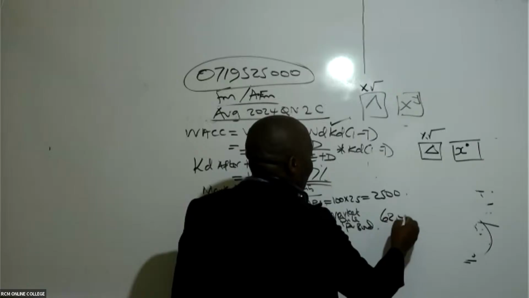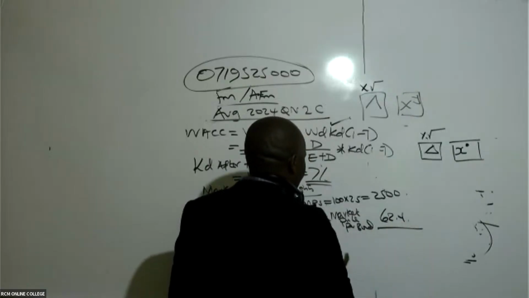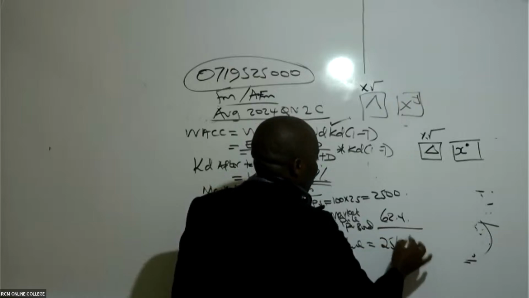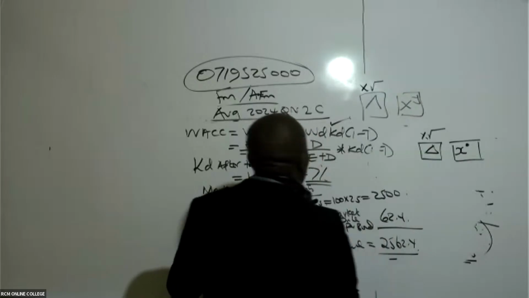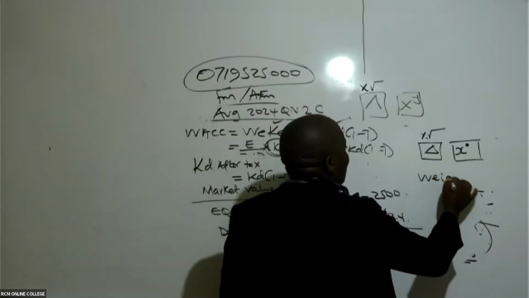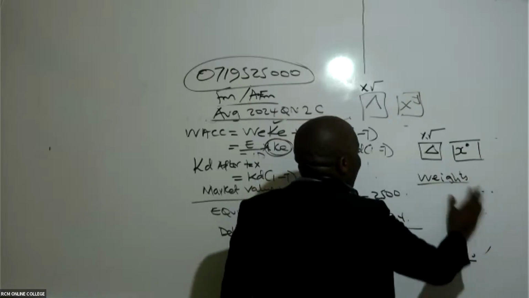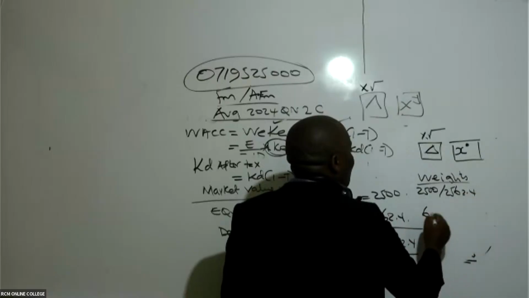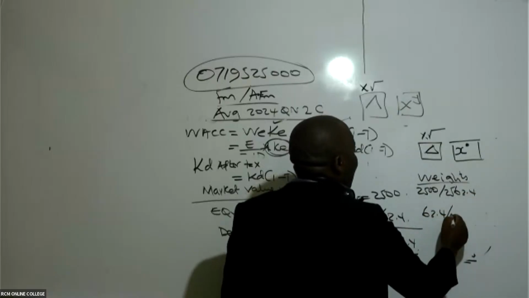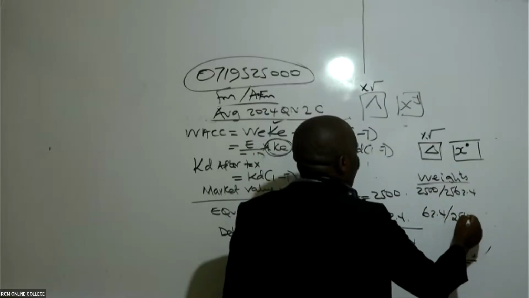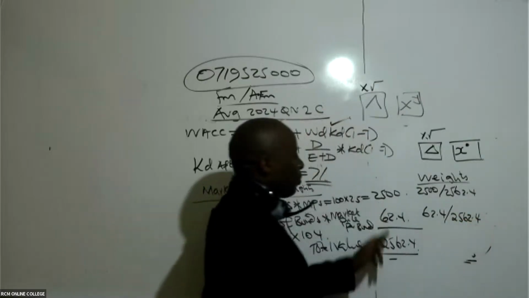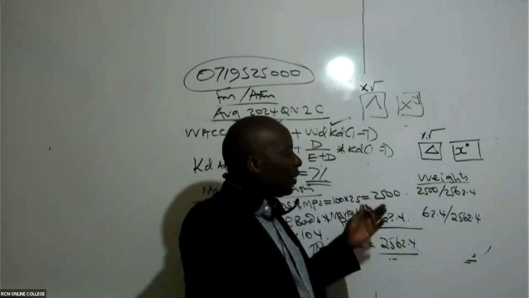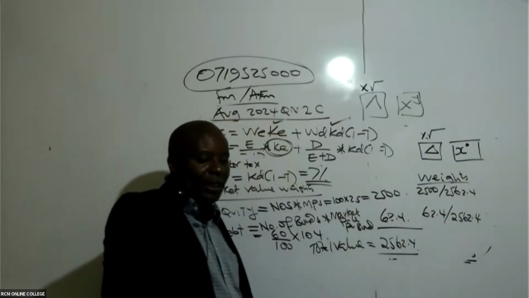Thank you so much. So then what is the total value of the company? So this will be 2562.4. So in terms of weights, what are we getting? This will be 2500 divided by 2562.4, and this will be 62.4 divided by 2562.4. So I just want to make this proportion. Please give me like 3 or even 4 decimal places for the weights.